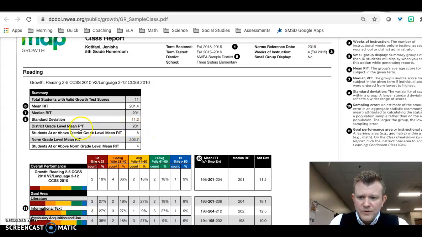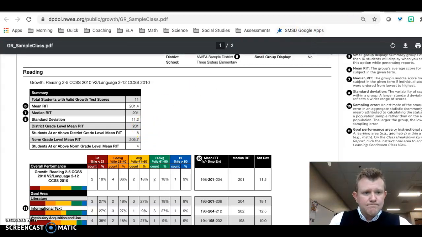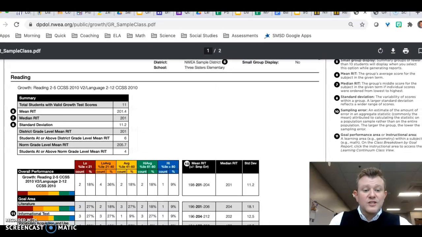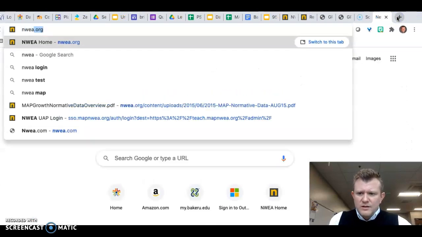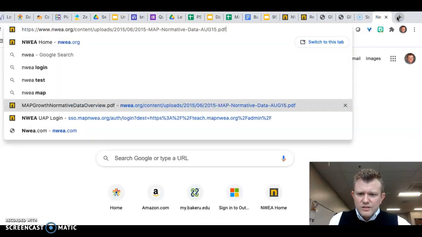So if you look here, the district grade level mean RIT is 201, and students at or above the district average, we have 6 above the district. But the norm grade level RIT is 205.7. So that's kind of what I look at when I look at on level. That's based on more of a national picture, a bigger picture than just our district. So you can compare to the district, or you can compare to the national, the kids who took the test when it was normed. And I will show you one other thing, and you can just Google this,